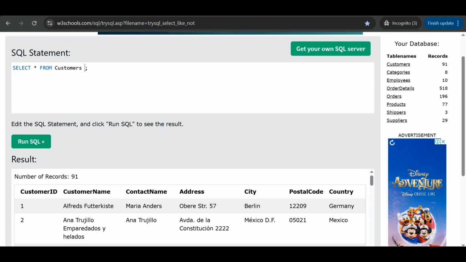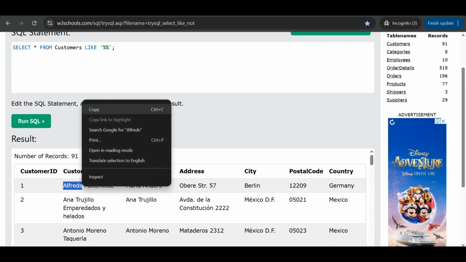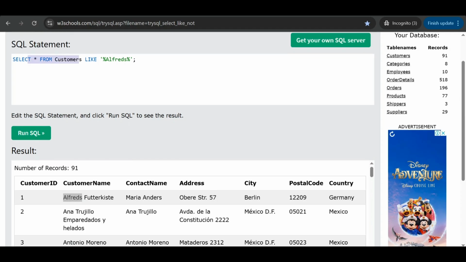This is the percent wildcard, with 'average'. This query means I'm going to select from customers where the customer name is like 'average', or including average in the value.